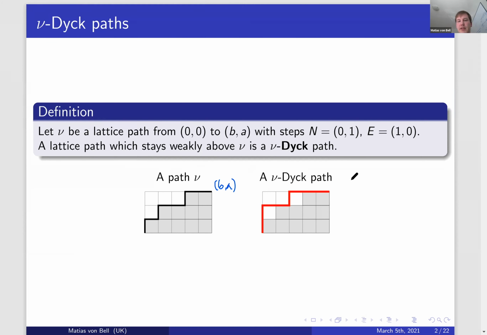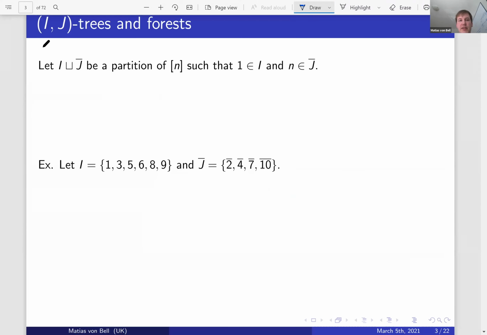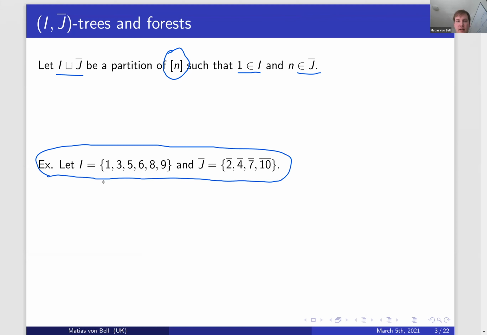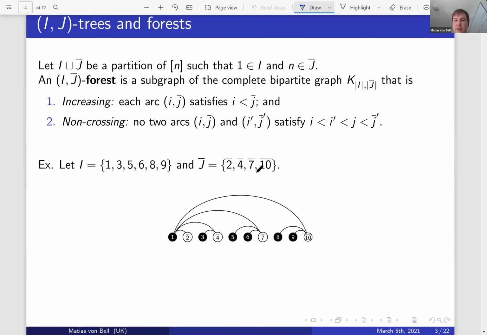However, we're going to define the nu-Tamari lattice in a slightly different way, this time using ij trees and forests instead. We take a partition of the set 1 through n, such that 1 is in I and n is in J. So it's a disjoint union of I and J. We have a nice example here for n equals 10. We construct a bipartite graph from this set as follows. The bipartite graph is K_{ij}, with sizes the size of I and the size of J,